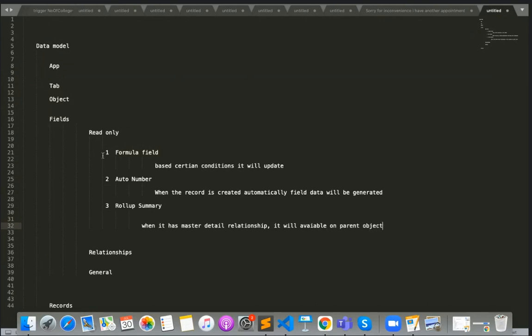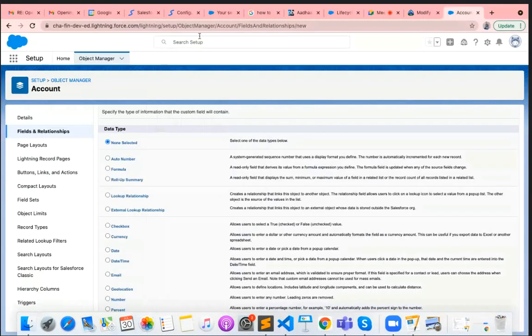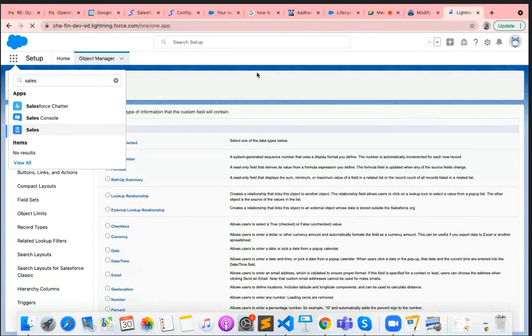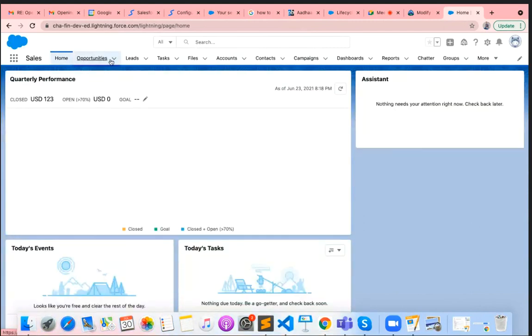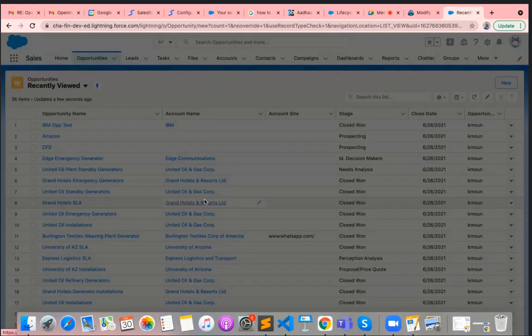So these three things are nothing but read-only fields, which you can't see in the form. You can't see that data in the form. Means if I open any application, any tab, and click the new button, it will open a form.